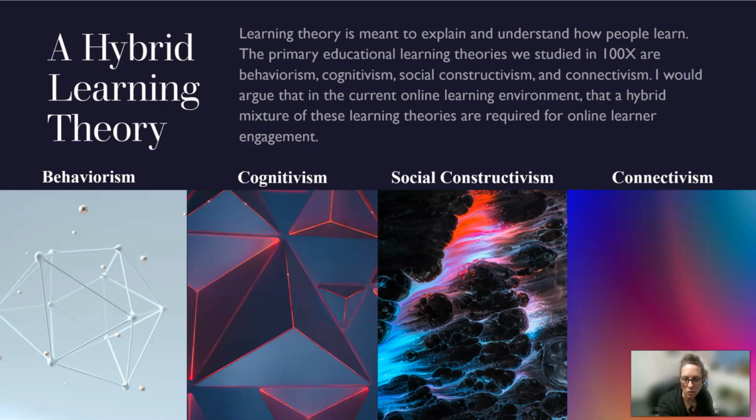Cognitivism focuses on the mind and how it processes the learning material. We used Gagne's 9 events of instruction to assess that this course definitely focuses a lot of its design on cognitivism. Social constructivism suggests that learners construct new knowledge via the consumption of content and then by discussing their perspective of the material with other learners, thereby creating a newly constructed version of the material. We also have discussion board elements supporting the social constructivism.